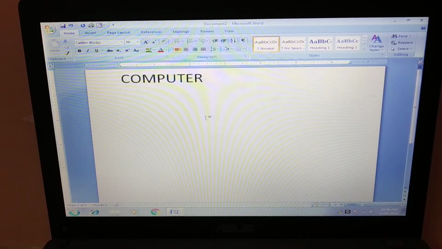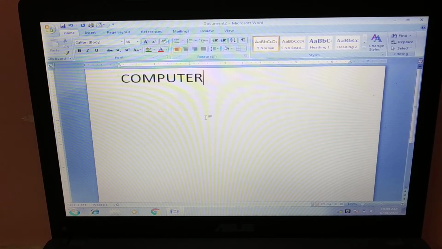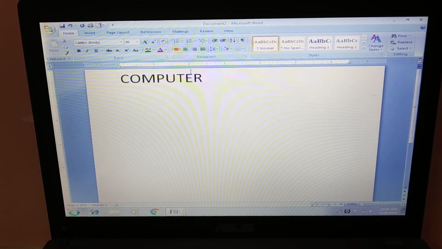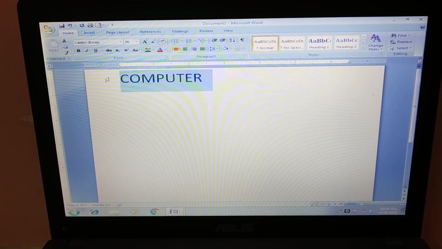Now suppose this is the word computer which I have typed with the help of keyboard and it is shown in MS Word Office. Now I want to apply changes like bold, italics and underline. Then how will I do? I have already said, and it is also written in your book, that to apply any change you have to first select it. So by dragging, see the cursor is at the end blinking, press and then drag. In this way the sky blue thing comes. It shows that the word or that particular word or sentence is now selected, ready to apply any changes.